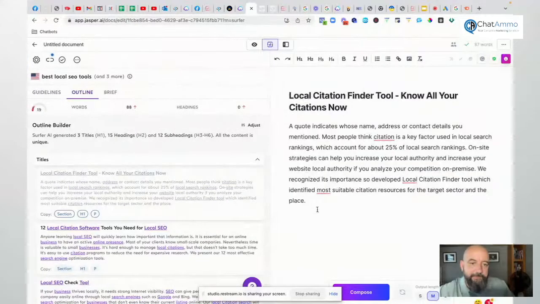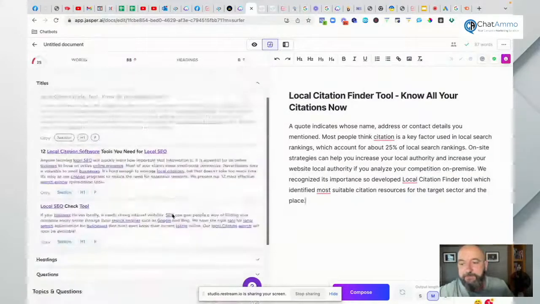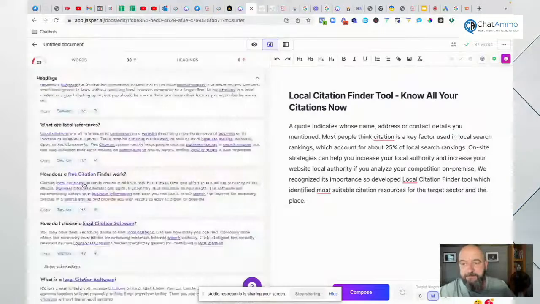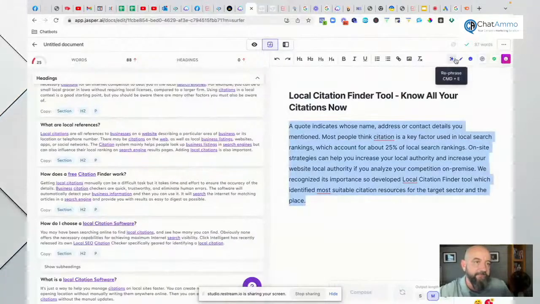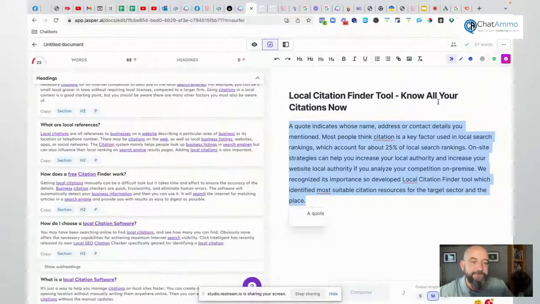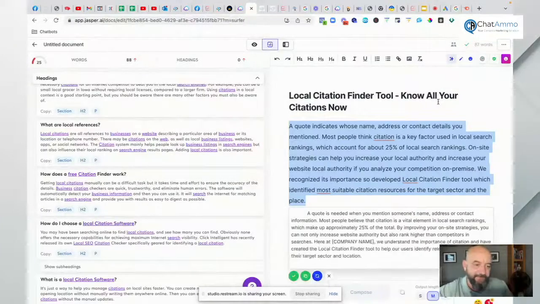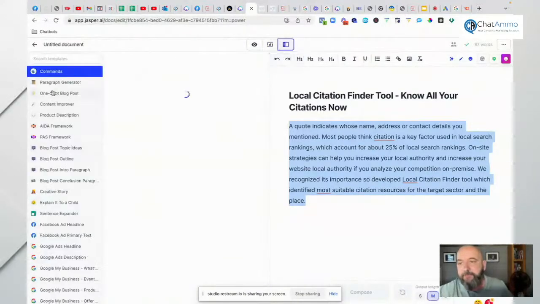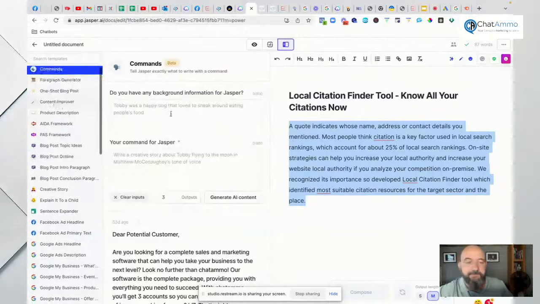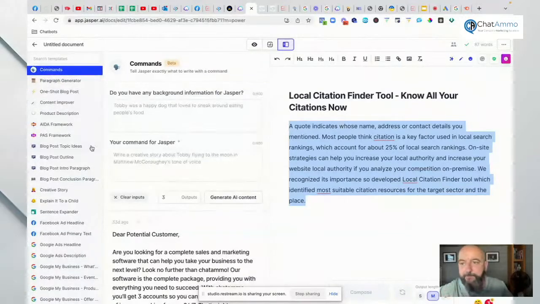Boom. Now, what I could do as well, I can either go through these various different titles of the headings and copy and paste all these headings in and then just change the wording. Or there's a couple of other ways I can do it. First off, I can do rephrase and just do it. Is it by magic? So it'll give us a nice little rephrase thing there. Right, I'm not going to do that one. I can also go in here and I can use the content improver. So I can get the content improver that way.